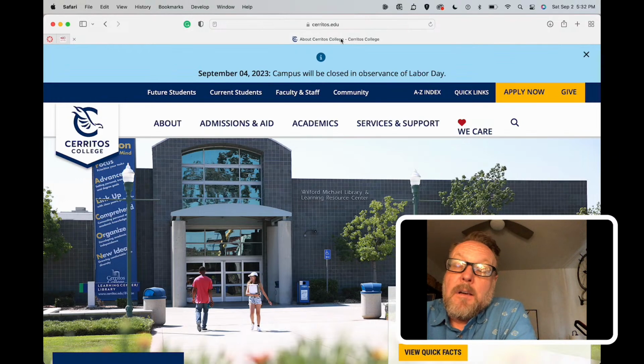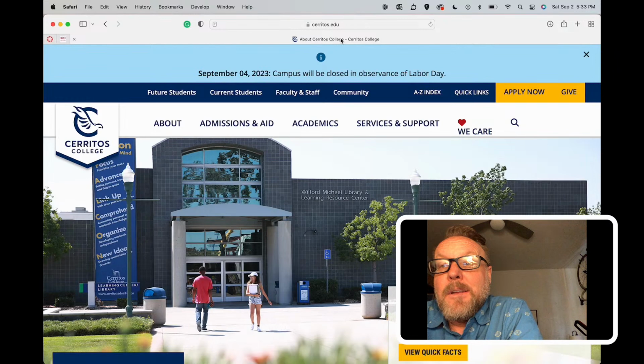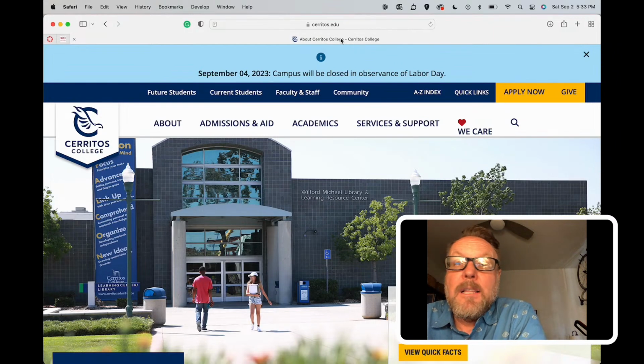I've been teaching at Cerritos College since 2019, when I was hired full-time there in the BCOT department. Unfortunately, I live out in the Inland Empire and decided I didn't want to live down in that area, or at least move yet. So I ended up back at Norco College full-time as a professor of business administration, but I'm still teaching a lot of classes here at Cerritos. I love Cerritos. I love all the faculty and the students there, so I'm just excited to be able to share this class with you.